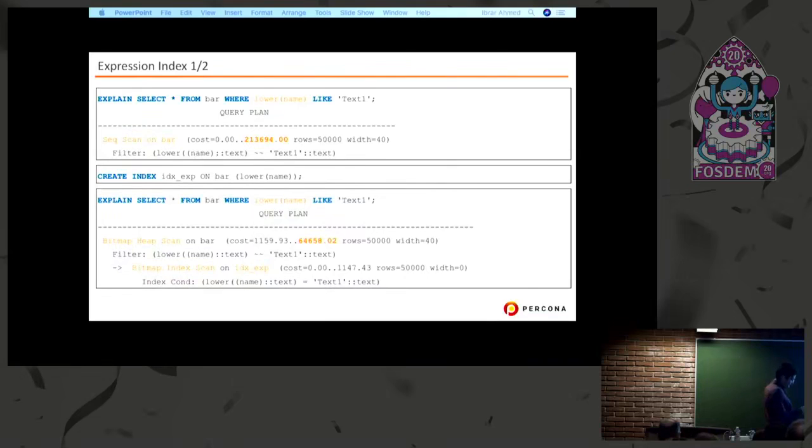Here is an example: you have a query where you always select data where name is in lowercase. One option is I can create an index on name. But whenever I get the data, I have to run lower on it, invoke the lower process, and extract the data from the table. So why not create an index on the expression I am mostly using, in this case lower. So here I have created an index expression on bar, and instead of writing name here,